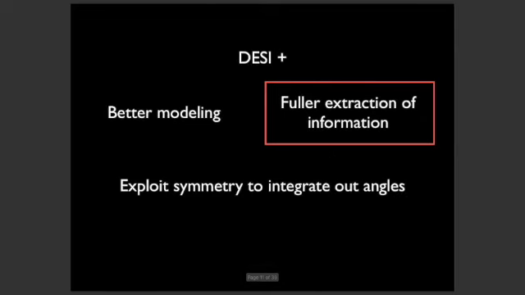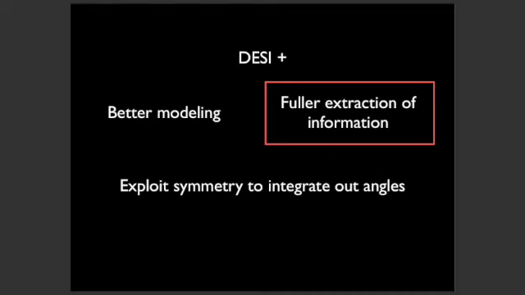So the question is, what do we do with all that data? There are two sides of this. One is better modeling. People have said a lot in this workshop about better modeling, and obviously there's a great deal of potential there. But what I want to talk about today is just fuller non-parametric extraction of the information. How do you go from a galaxy density field to just the set of all of the translation and rotation invariant information that is in that field in a non-parametric way, where you're not assuming anything about the physics or the cosmology or the bias model or this or that.